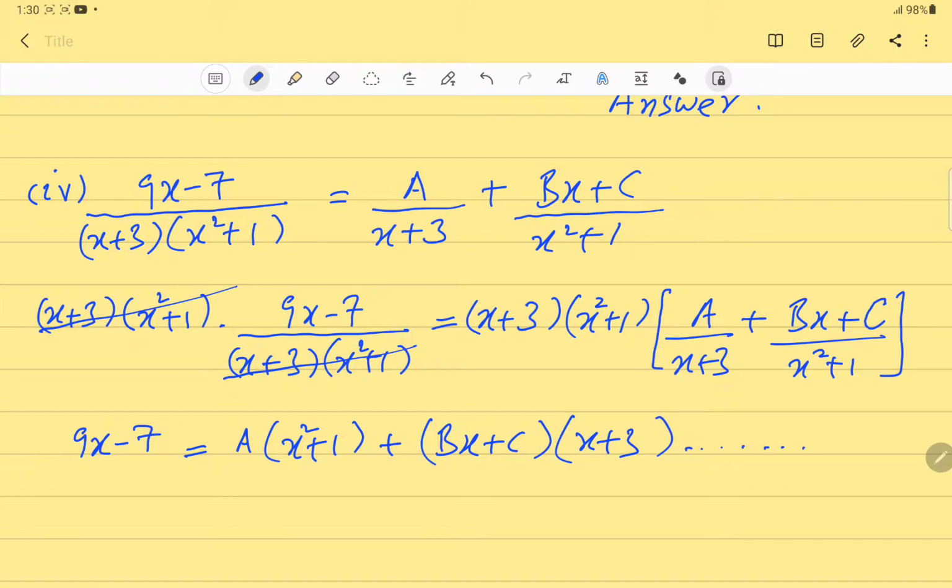Let us call this equation number 1. Now we will assume the value of x as −3. Let x = −3,